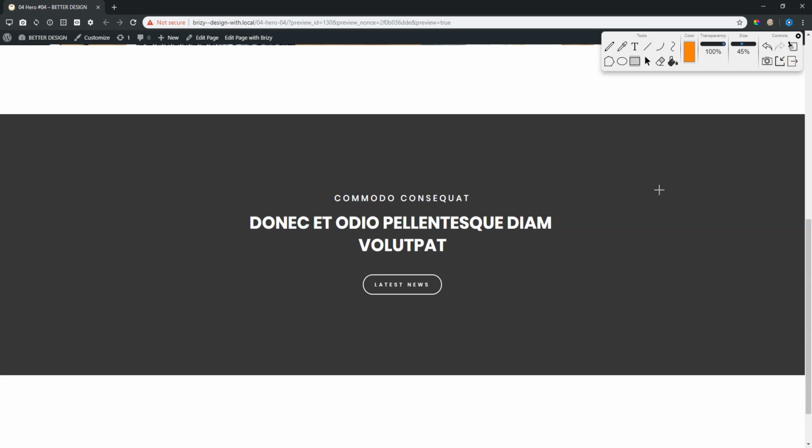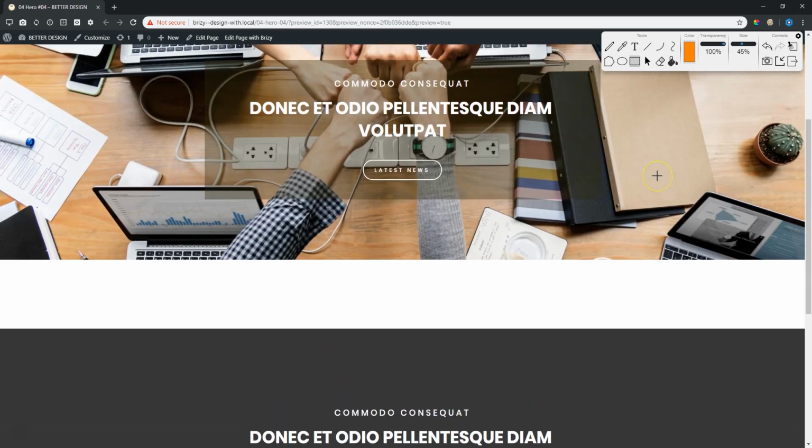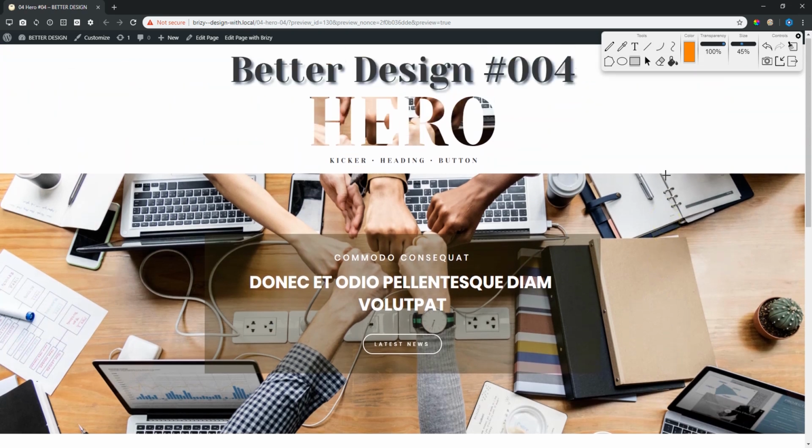So it is a hybrid. Why do we still call it a hero? Because originally in magazine layouts, you didn't have buttons. You couldn't rip out a piece of paper and something would happen after you did that in a magazine. And that is where the idea of a hero comes from, was from the print and the press and the world of magazines. We're going to do that and then we're going to turn it into this one over here